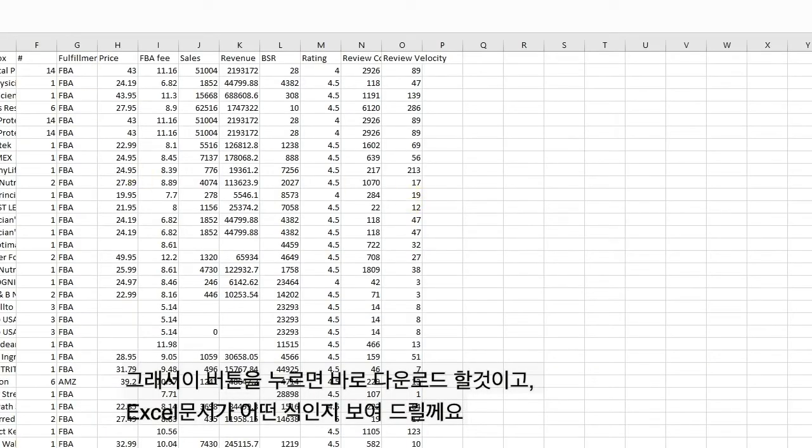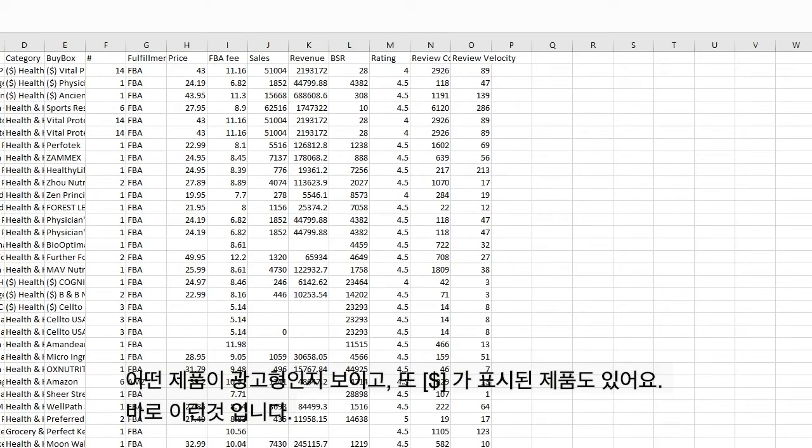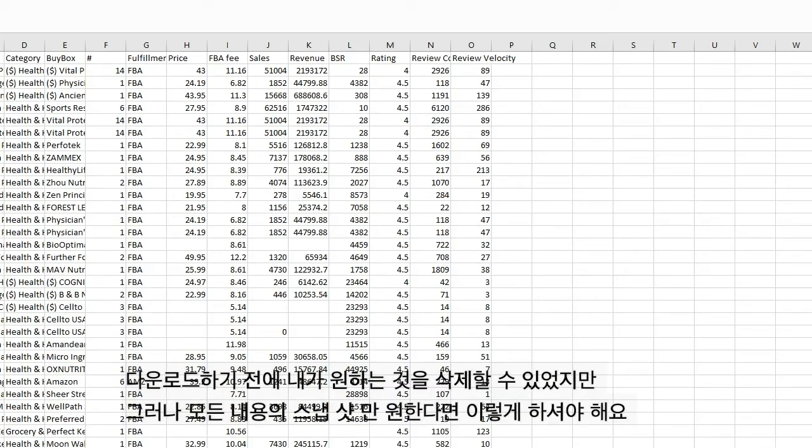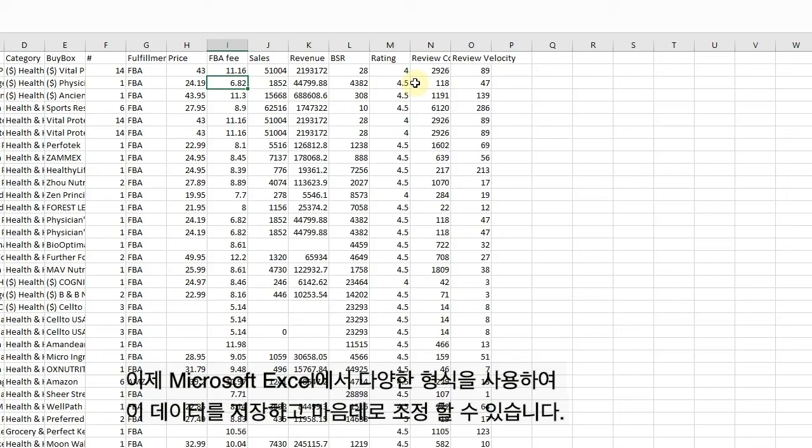It breaks it down. It's going to tell you which ones are the sponsored products, which will have a dollar sign right here. Now, what I could have done before I downloaded, I could have deleted those and then it wouldn't have downloaded them. But if you wanted just a snapshot of everything, it's going to give you that right here. And as you can see, every single column that was on the actual Xray results, now you have in a sortable format here within Microsoft Excel